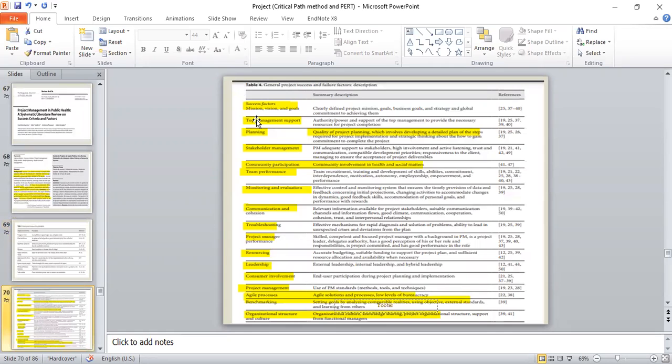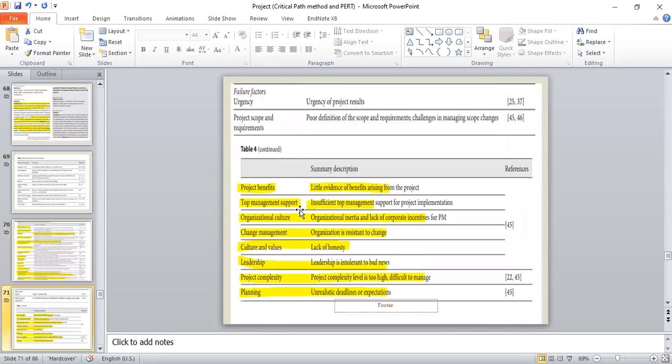Success factors also include the mission, vision, and goals, top management support, planning, stakeholder management, community participation, time performance, monitoring and evaluation, communication, troubleshooting, project manager performance, resourcing, leadership, consumer involvement, project management, agile processes, benchmarking, and organizational structure. Some failure factors are also identified through this systematic review, which include project benefit, top management support, insufficient top management support,